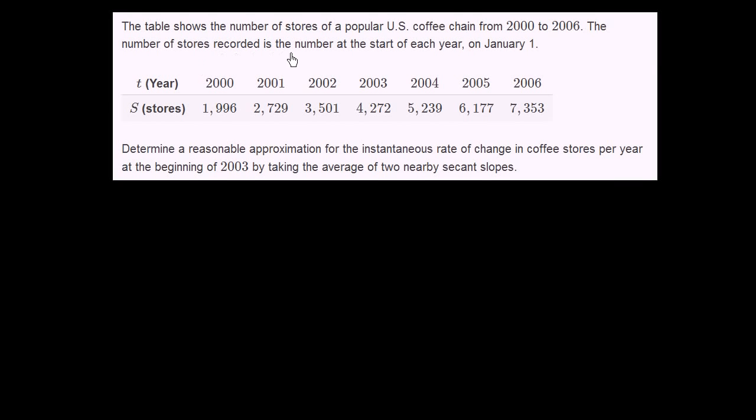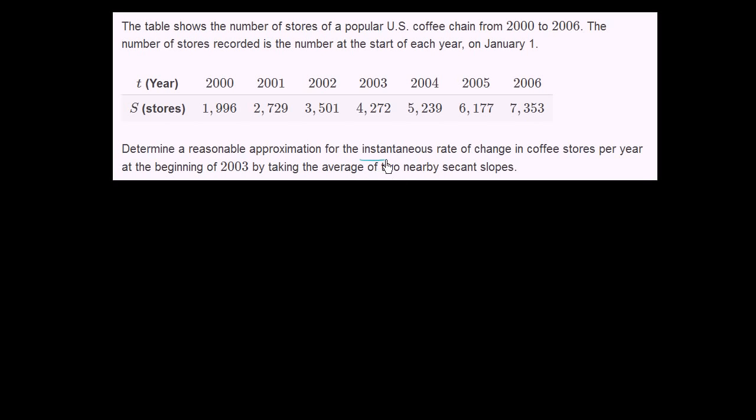The table shows the number of stores of a popular U.S. coffee chain from 2000 to 2006. The number of stores recorded is the number at the start of each year on January 1st. So in 2000, there's 1,996 stores. In 2005, 6,177, so on and so forth. Determine a reasonable approximation for the instantaneous rate of change